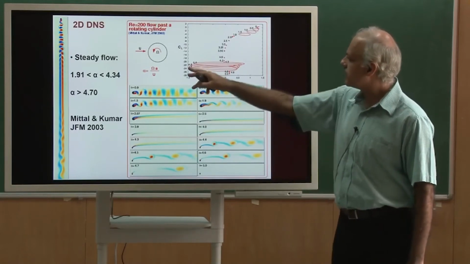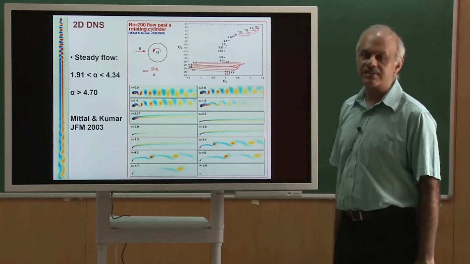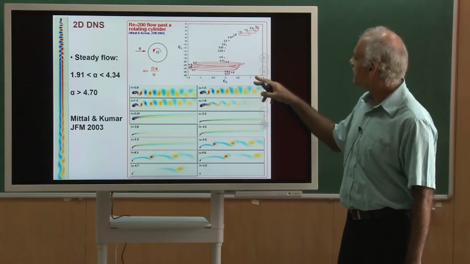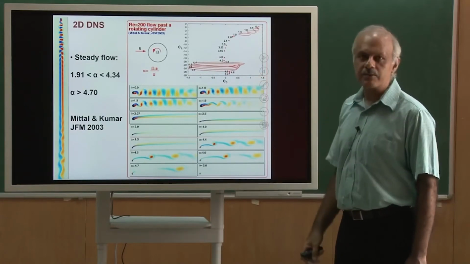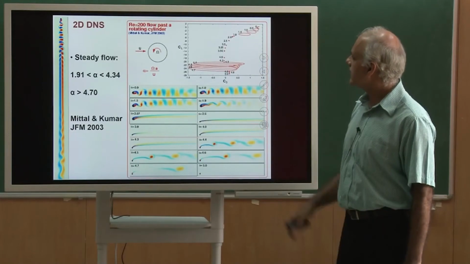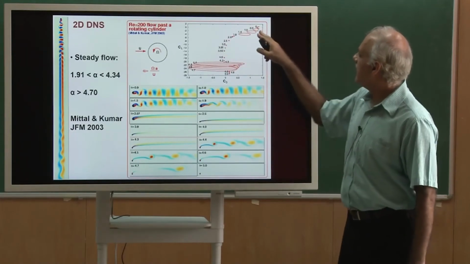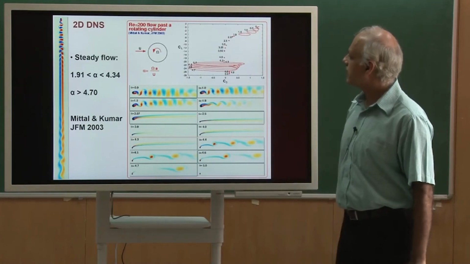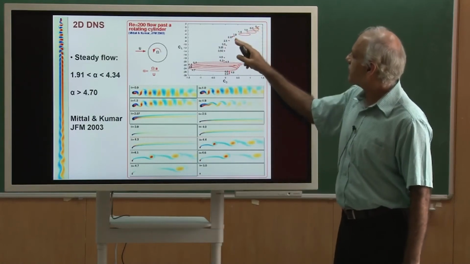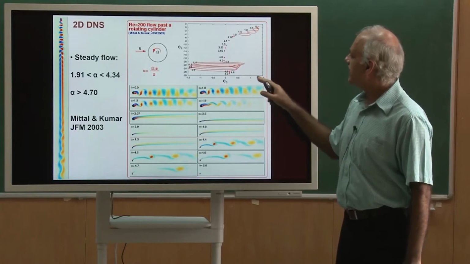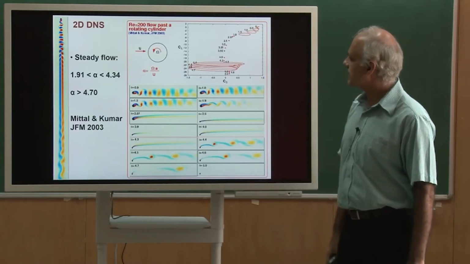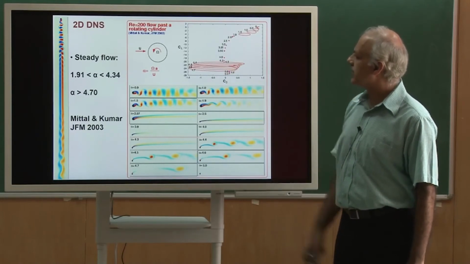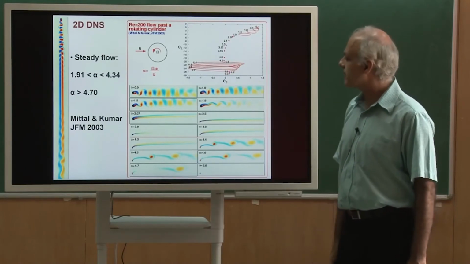In fact, that is shown here in the graph for CL versus CD. Now, if you notice at alpha equal to 0, the CD, the drag coefficient, is finite, it is a little bit more than 1, and the lift coefficient is 0. And as we increase the alpha, the lift coefficient in fact becomes more negative, so it departs from 0 and the drag coefficient actually starts decreasing. And something extremely interesting happens at a rotation rate of around 4.3.